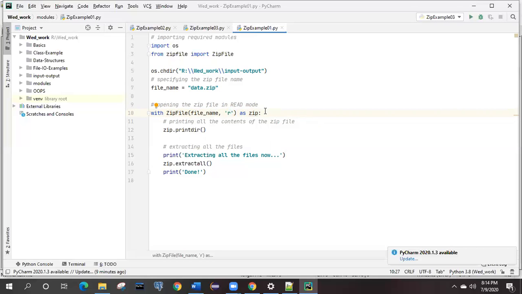now what do you have to do? What could be the syntax? Because whether it is zipped or not, whether it is extracted or not, how will you come to know? There may be some work after that. Like if you see over here, it is printing all the content of the zip file. So what this example is doing, basically, it will read one zip file, and that zip file is data.zip. Okay, I have created it inside this one. If it is not there, you need to create it. You can put any file.